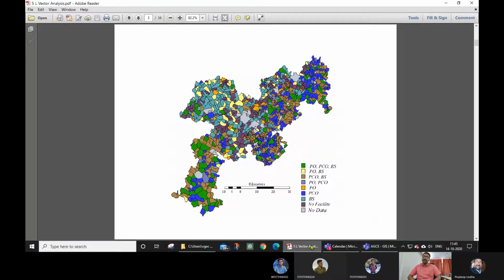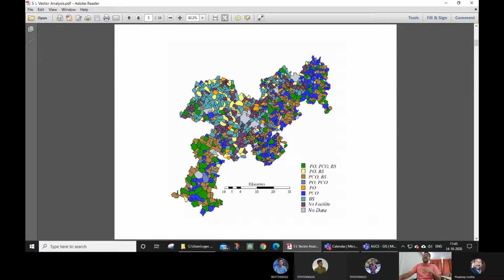You could see on your screen that this is a kind of, you could assume, a district, from 0 to 10. So from here to here is almost 100 kilometers, and these are all post offices, bus stands, PCOs.